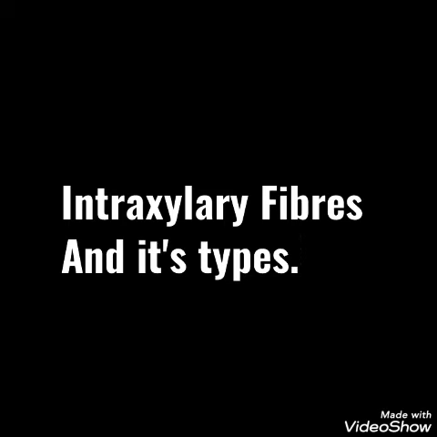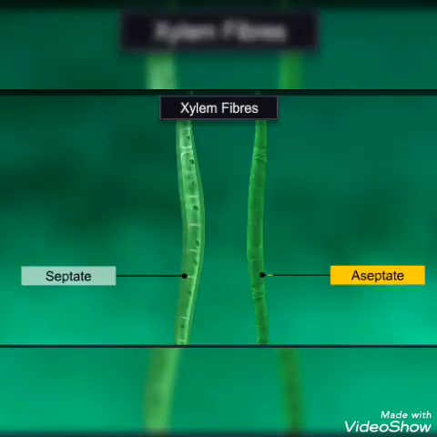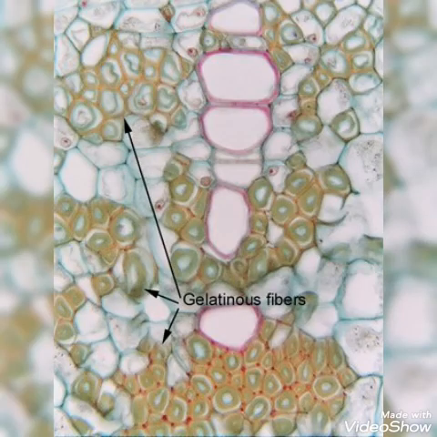Now moving next to gelatinous fiber or mucilaginous fiber. Lignin composition is less in it. Cellulose is more. It absorbs water and swells to fill the entire lumen of the fiber. Lumen means space, and tracheids are for transportation of water and minerals. Observe the above diagrams very carefully in which all kinds of fibers are demonstrated.